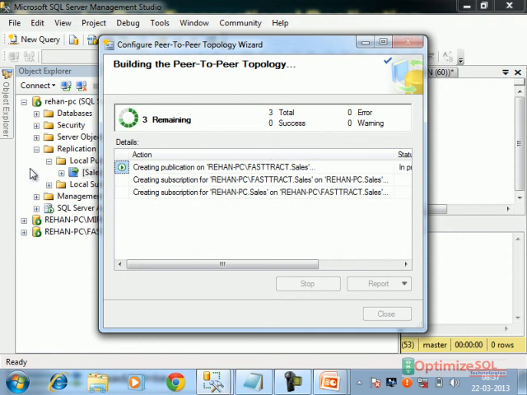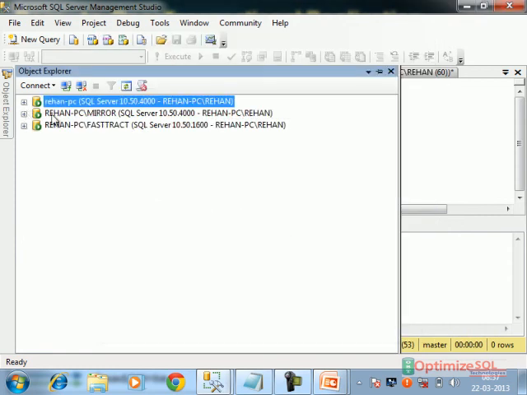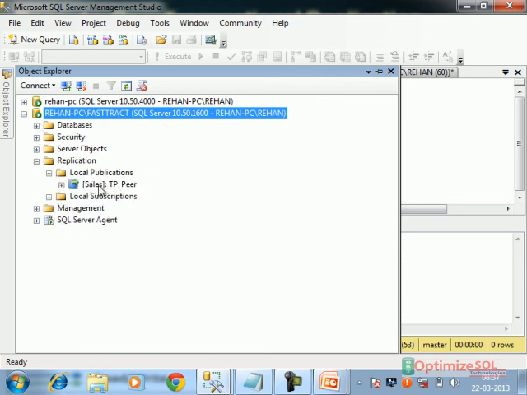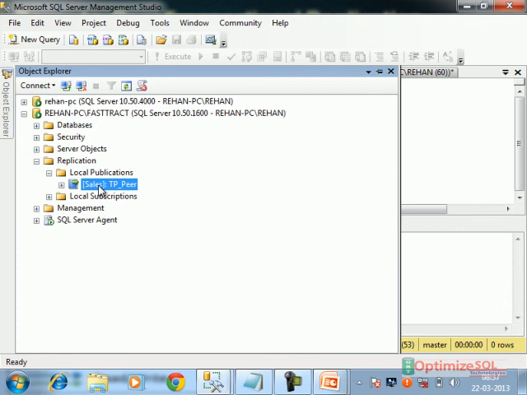Automatically, see, in this node also we have taken this as a second node. Here also the same publication is created. For this publication, the first server is the publisher, and the other two nodes will act as subscribers.